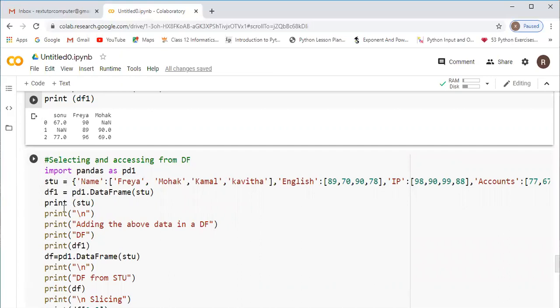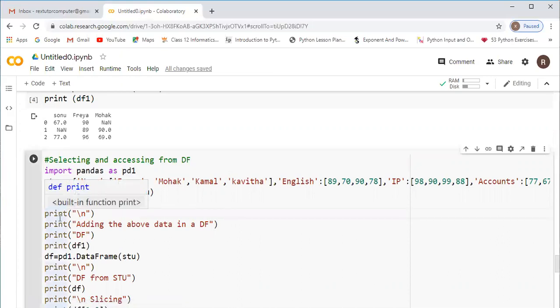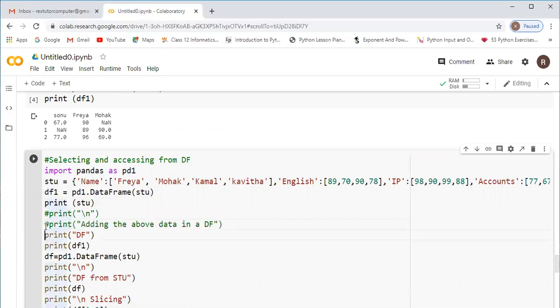Now when I'm giving print stu, the rest all I will just make a comment line, so you can easily understand. If I am adding all these things, you won't be able to understand. So I'll just give the print line, and the rest all I will give as a comment line, so you will understand easily.